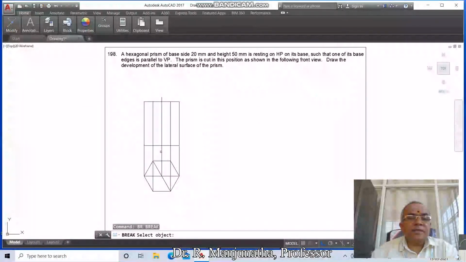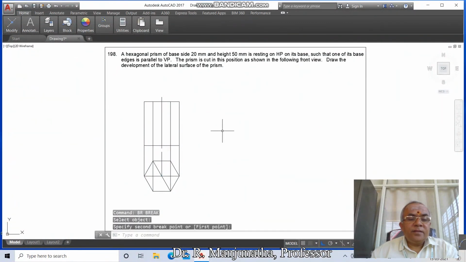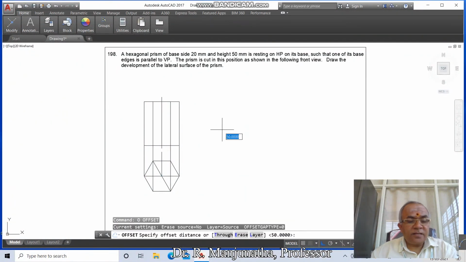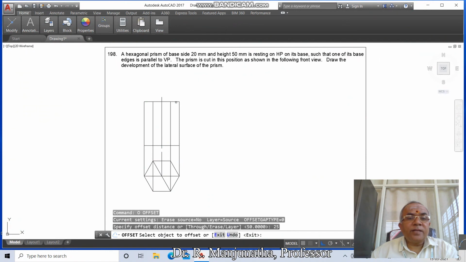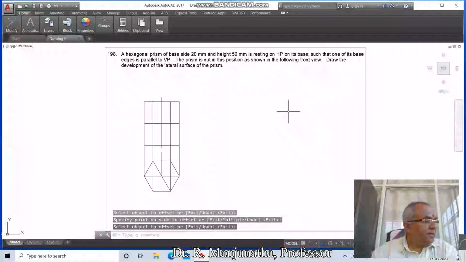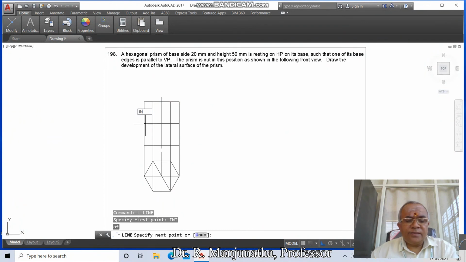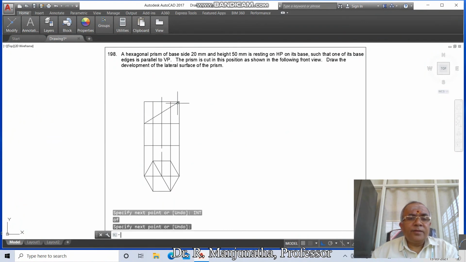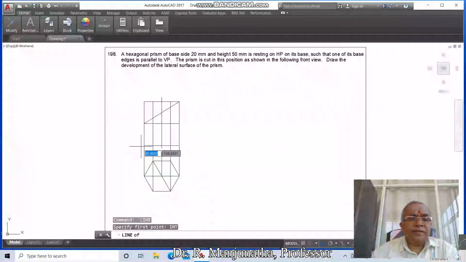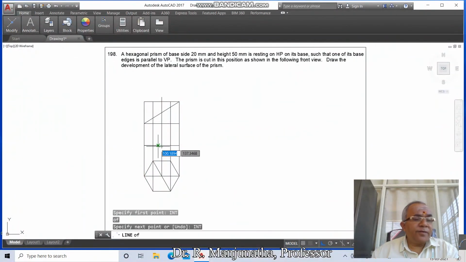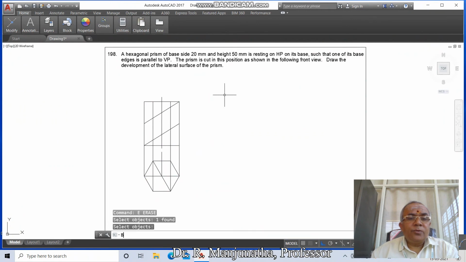then go to break, select this and break this till here, then go to offset, take the distance as 25, select this line and offset it, then go to line, take INT of this and take intersection of this, then go to line, take INT of this and take intersection of this, then go to erase,